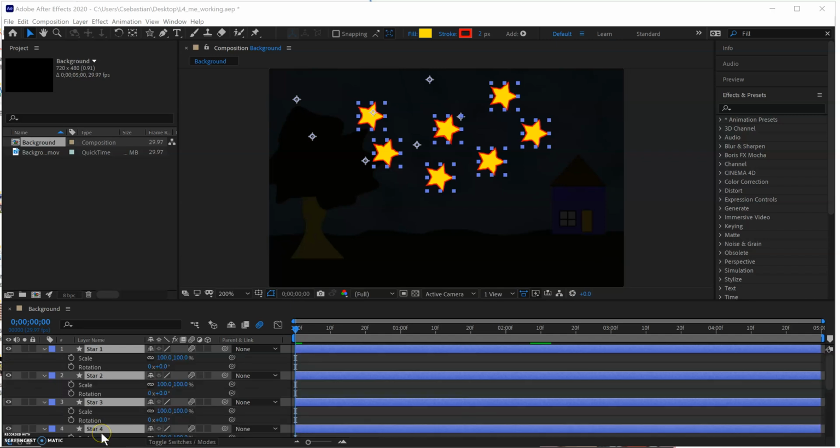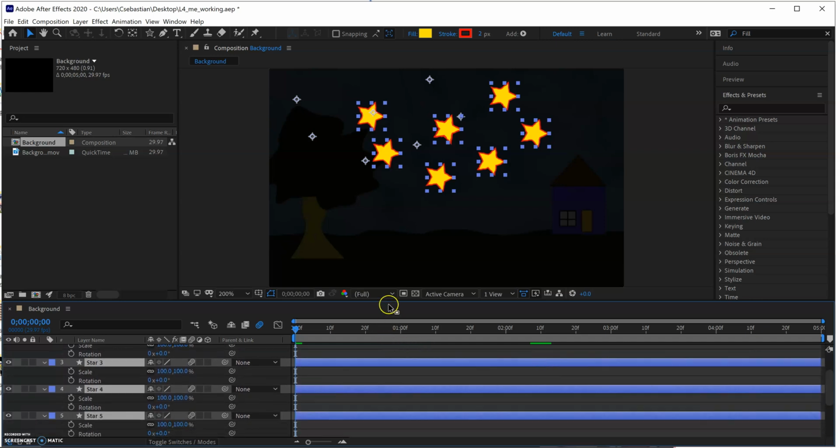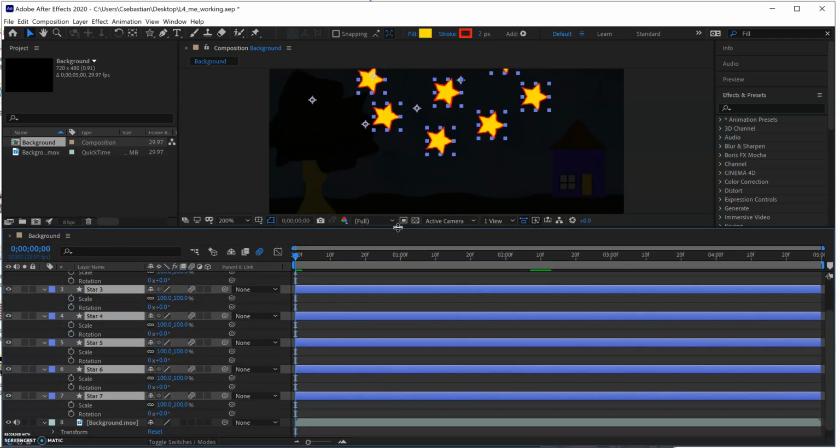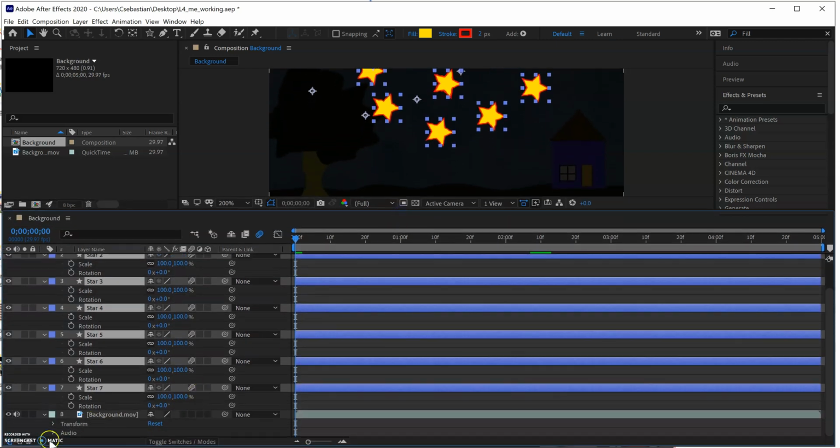Apparently, I had to be a bit more strong with my letter pushes, because it worked when I just pushed the R and the Shift S again. But basically it pulls up the scale and rotation for each particular star itself. So now I can scroll through, I can modify if you want to see all stars at the same time. You can also change the size of this to make it easier for you to modify and or play with